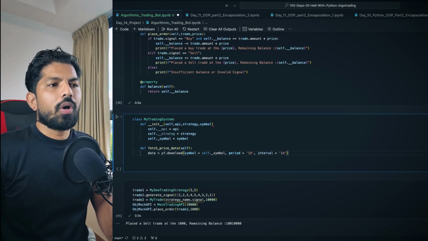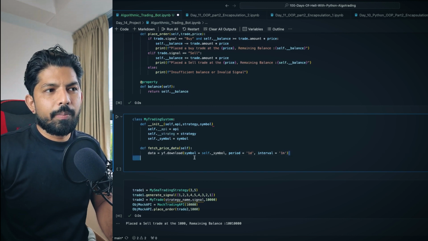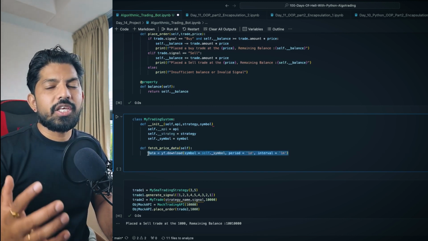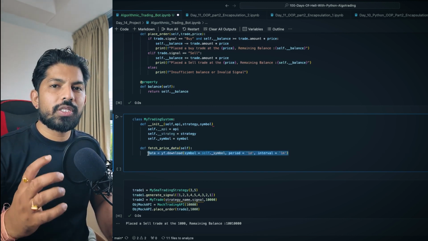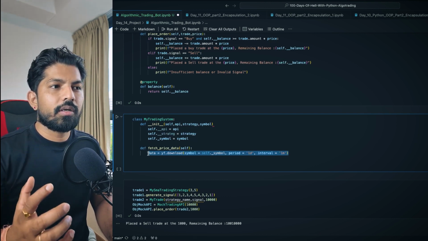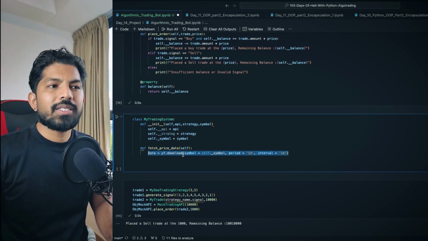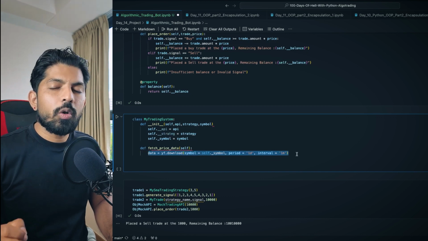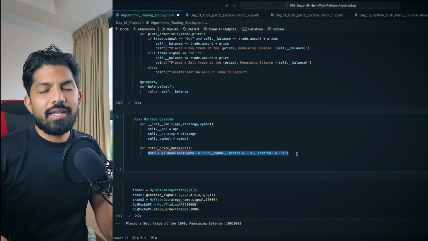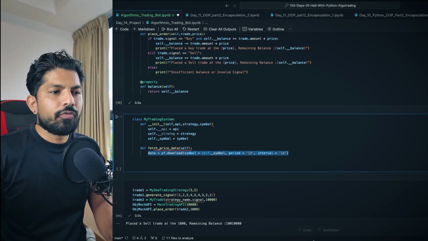Okay, let me show you why we are writing like this. This is decided by Yahoo: if you want to fetch the price data from my source, you have to write like this. This is my function, and you have to pass some arguments like this. Then only you will be able to access the data. So let me show you first how it works.